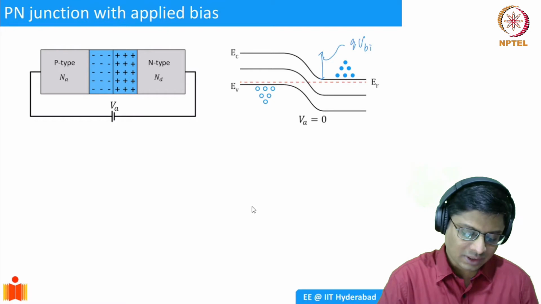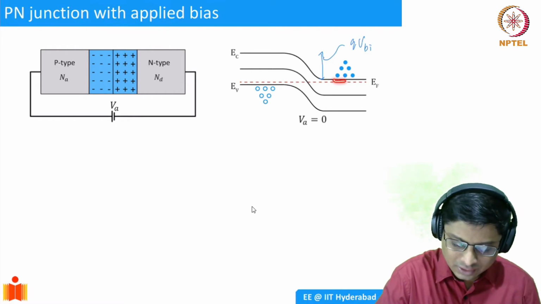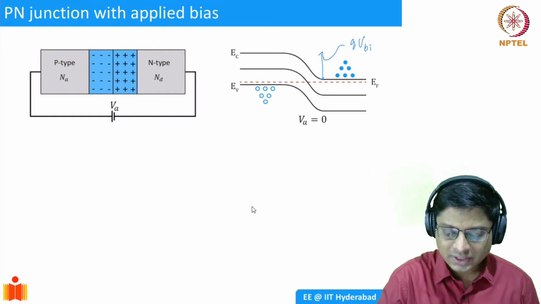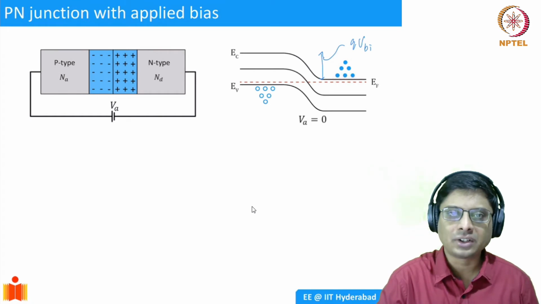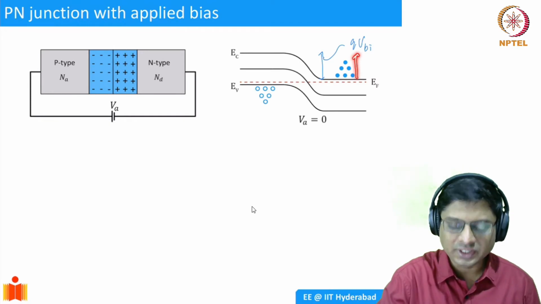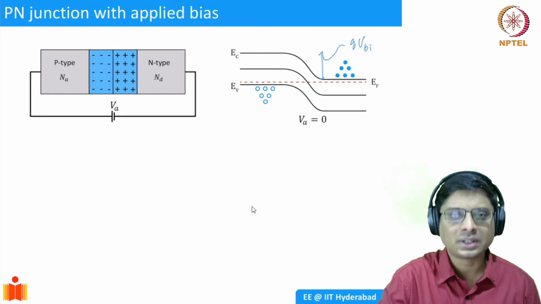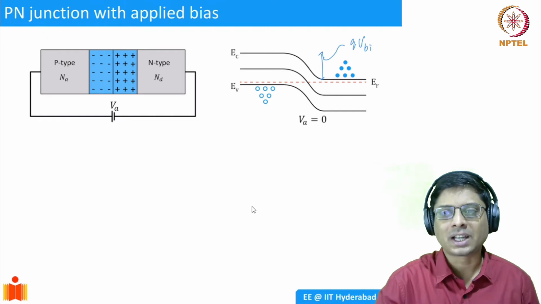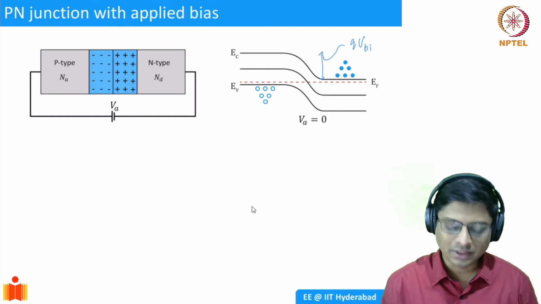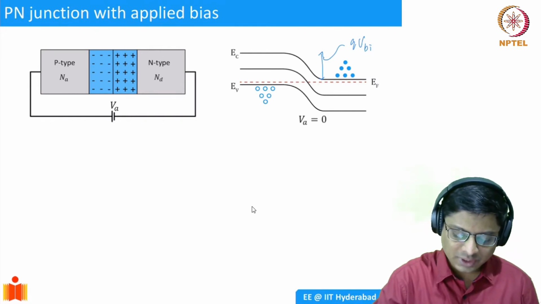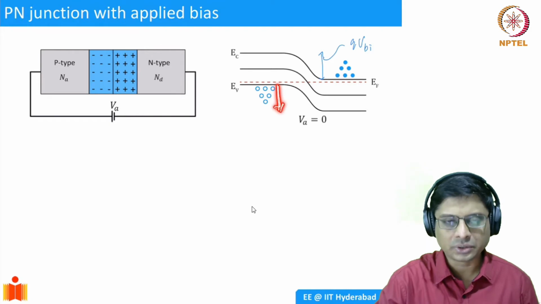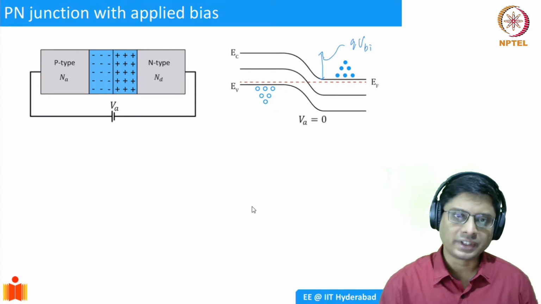In addition, I've newly added a symbolic representation of electrons and holes. Here you see that there are electrons in the conduction band of the N-type semiconductor. As you go away from E_C, you see that there are fewer electrons, just to symbolically capture the idea that there are fewer electrons deeper in the conduction band. Similarly, we are showing holes in the valence band. The number of holes reduces as you go deeper into the valence band.